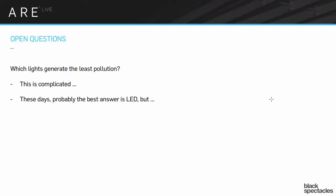My guess is that the simplest answer to this would be the LEDs, because they're very efficient, generally. Because they're sort of small, you can put them very close to the place where you want the light. So not only are they efficient, but you can use them efficiently. So there's a bunch of reasons why the LEDs are probably the reasonable answer to which lamps produce the least